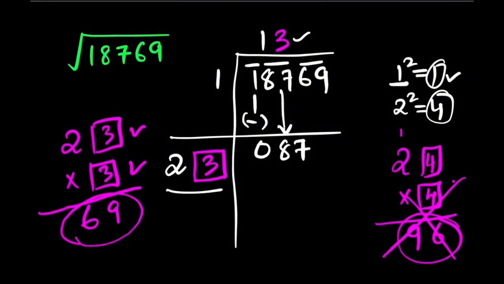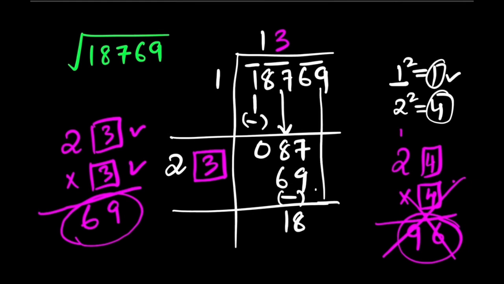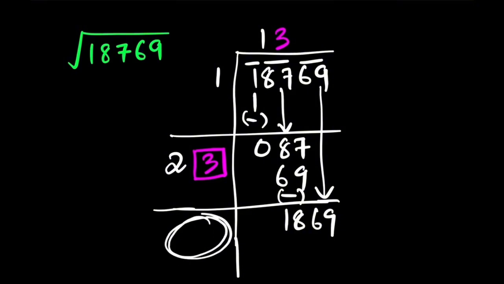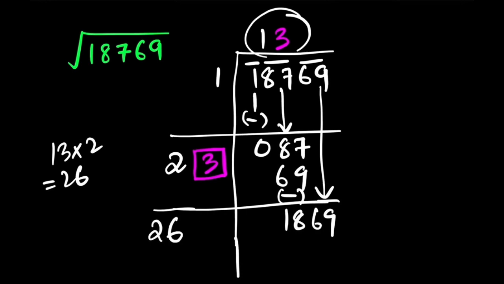Now 23 times 3 equals 69. Subtract 69 from 87, which gives us 18. Now bring this last pair down, that is 69 down. Now let's find the divisor here. This divisor will simply be double of this quotient. So 13 times 2 means 26. So write 26 here. Now there is one number after 6, and let's find that number using the trial